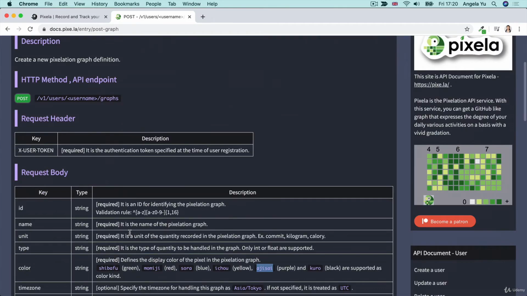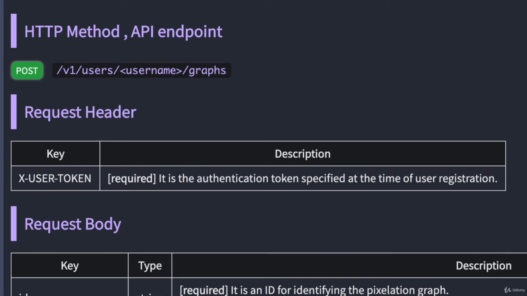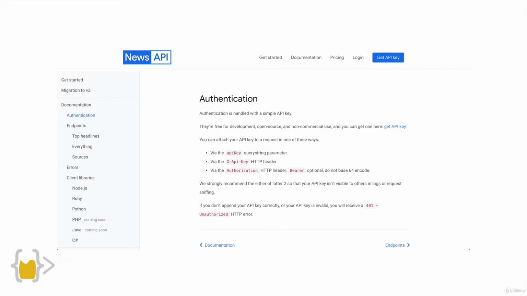So how do we provide our authentication? Well, it's done using the request header. We have to provide this key, and it's going to look for the token that we used to register with Pixella. You might have even noticed previously when we were working with the News API that when we were looking